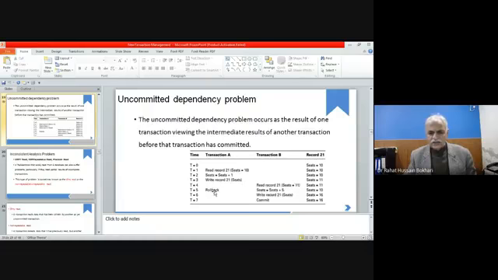At time T5, transaction A does a rollback. When it rolls back, it will reach the previous status in which the seats were 10. And here you see rollback, whereas transaction B is considering these as 11. When it rolled back, the status was seats 10, whereas transaction B now considers seats 11.